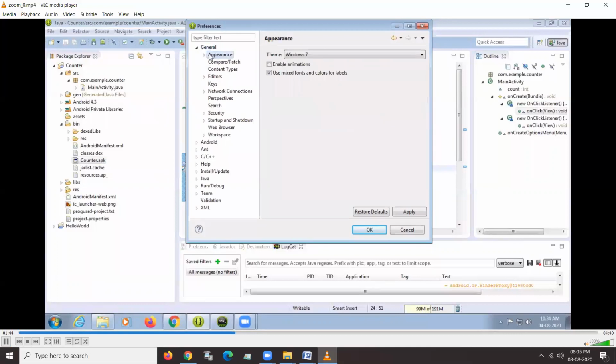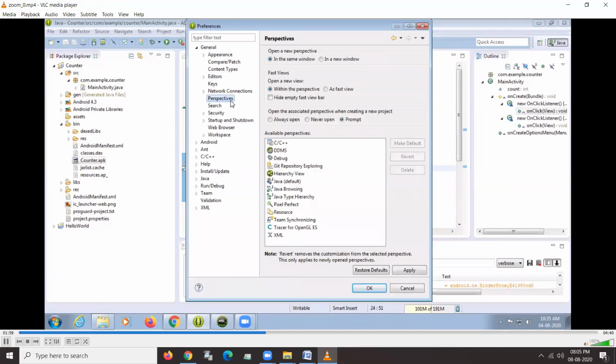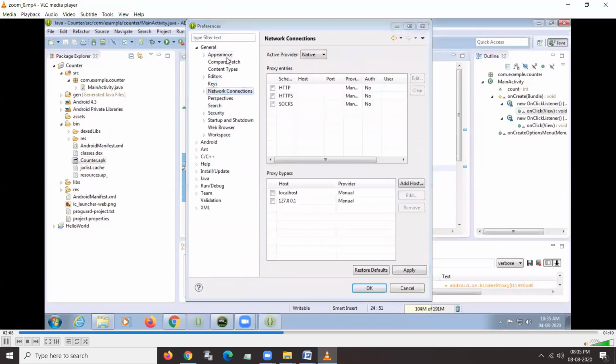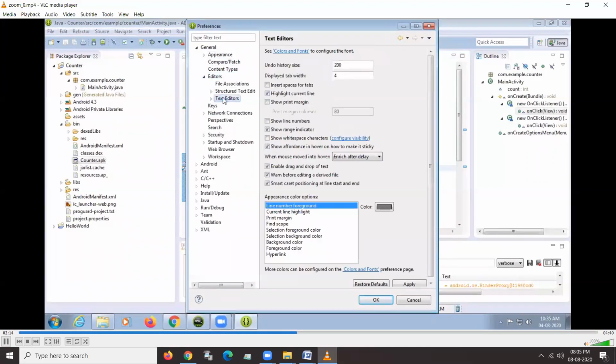So general, again go to the editors. Then go to the editor button, again go to the edit options and text editor buttons.